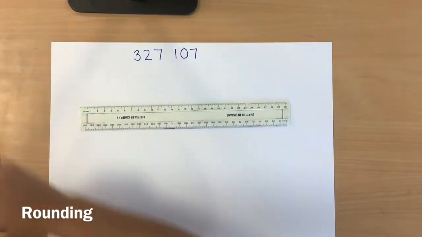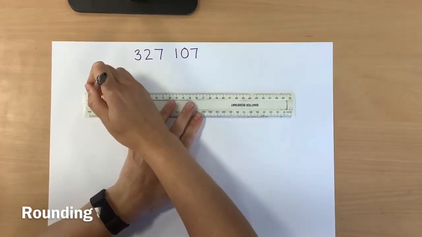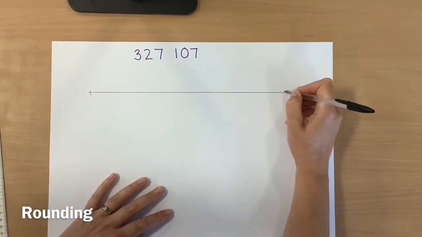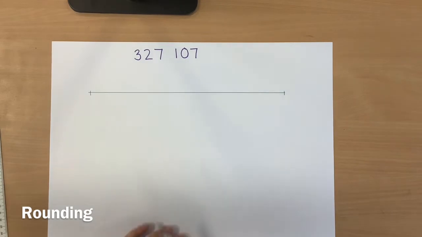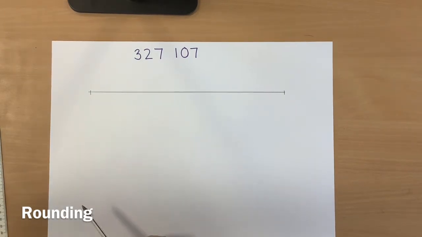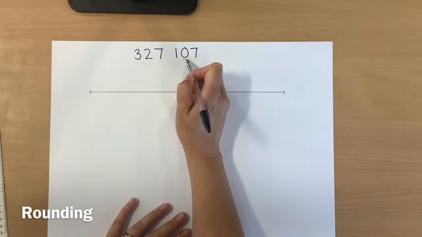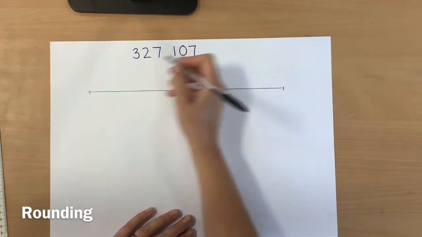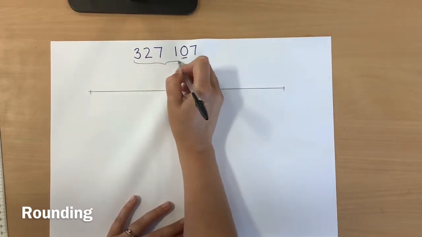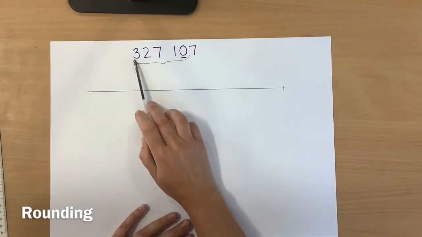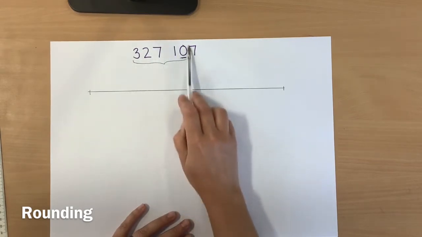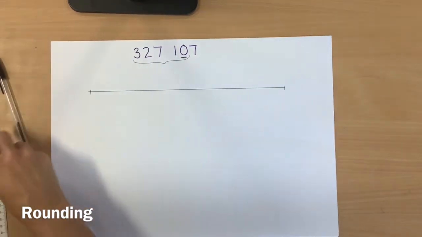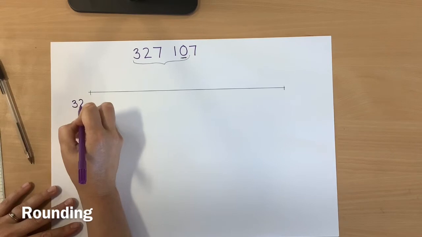So we start with our number line. Okay, and again, a number line, blank line, just a line. You can do it anywhere. Ideally, I'd like you to draw it with a ruler, but if you haven't got a ruler, you could do it freehand. Okay, so we're going to the nearest 10. Well, our tens digit is 0. So I'm going to think about it up to that point. I'm going to take this much of the number so far. That's how many tens are in my number. This number is going to become a 0 because we need to have a multiple of 10. So this end of my number line is going to be